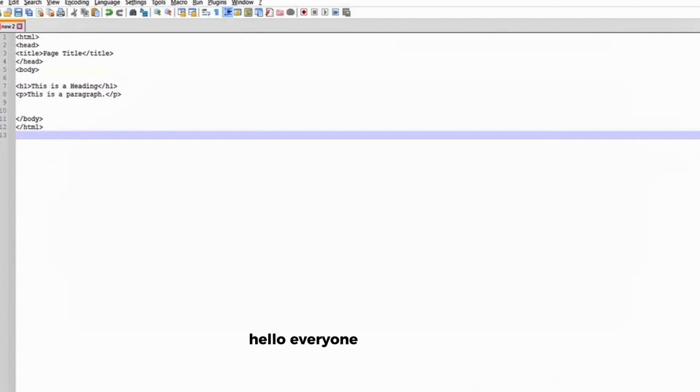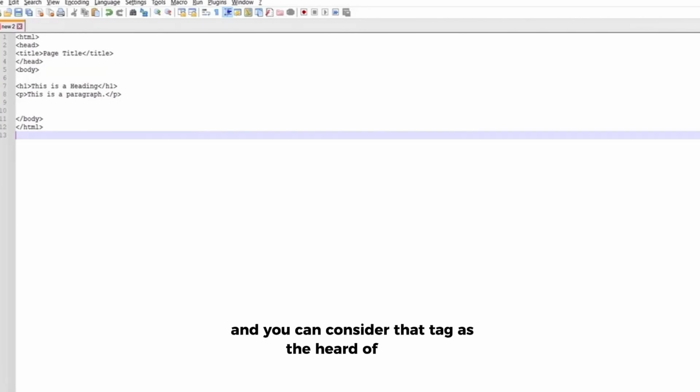Hello everyone. In this lesson, we are going to be introduced to tags, elements and attributes in HTML. So let's start with the tag. So what is a tag? A tag is the powerhouse of HTML, and you can consider the tag as the heart of